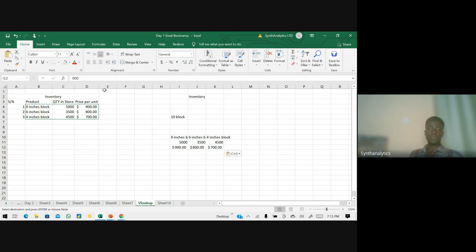Aside from that, try to be consistent with your Excel usage. Use it anywhere you are at this particular point in time, in your current company. Whether you are running your business, no matter how big or small it is at the moment, try as much as possible to see how you can use Excel for your database management.